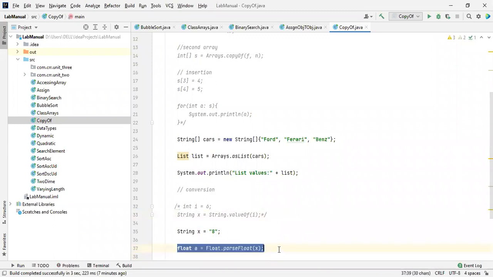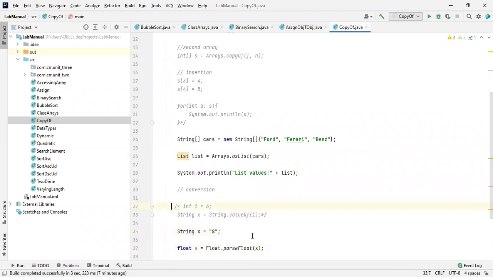So this is a conversion. Everything is like a parsing, but in the sense of a string, we have to mention valueOf. This is different with these data types. Please remember, this is valueOf, and all these are parses. We are passing the value of a string. Okay, now we are going into the topic.